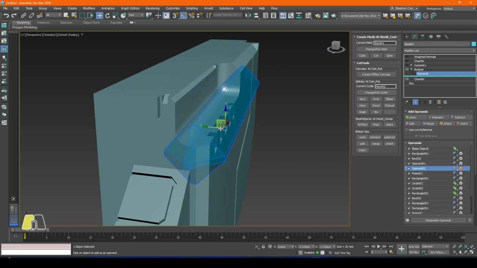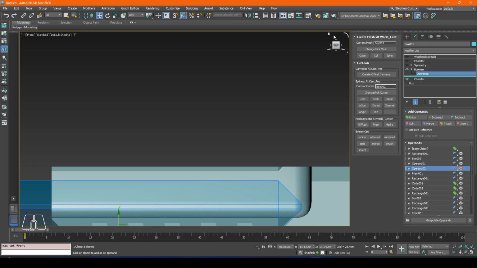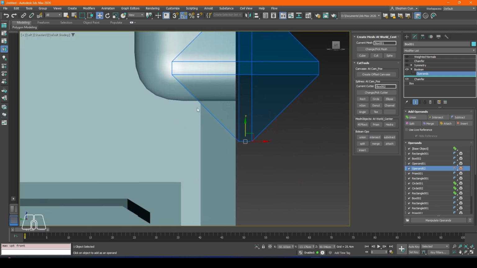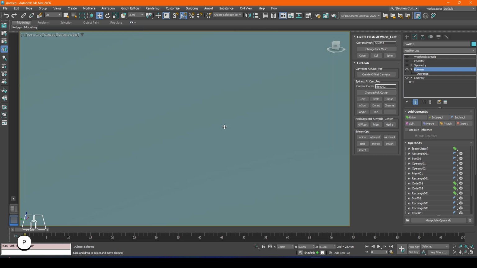So just holding Shift there, and then we can just get that in, and you can see this working now quite well. Probably just try and cut this to about there. What I'm looking for is, again, that interference with how this is going to affect the chamfer. The idea here is you don't really want to get into too much manual editing. So we can bring this maybe to about here, like so. That's done a nice cut for us